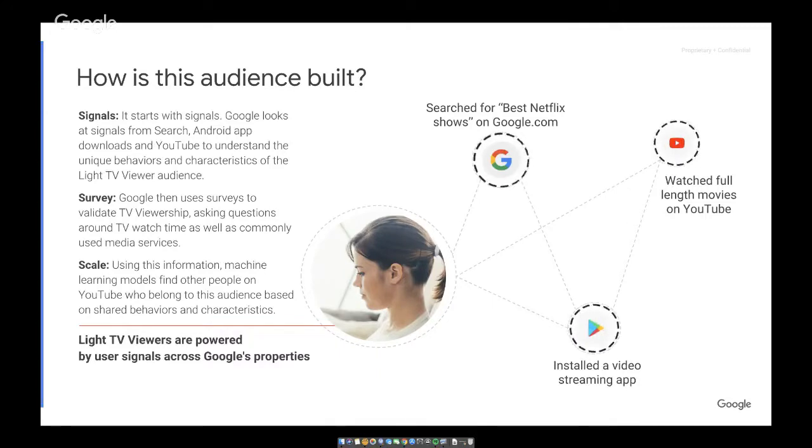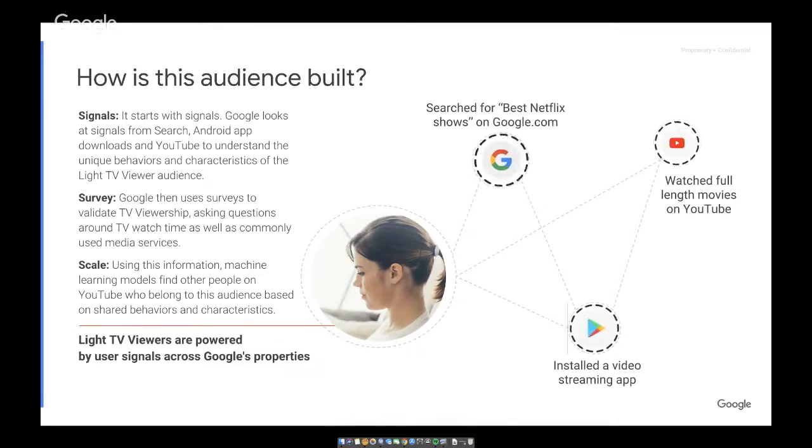So to zoom in a little bit more, how is this audience built? It started off with the signals. Google looks at signals from search, Android app downloads, and YouTube viewing behavior to understand the unique behaviors and characteristics of this Light TV viewer audience.